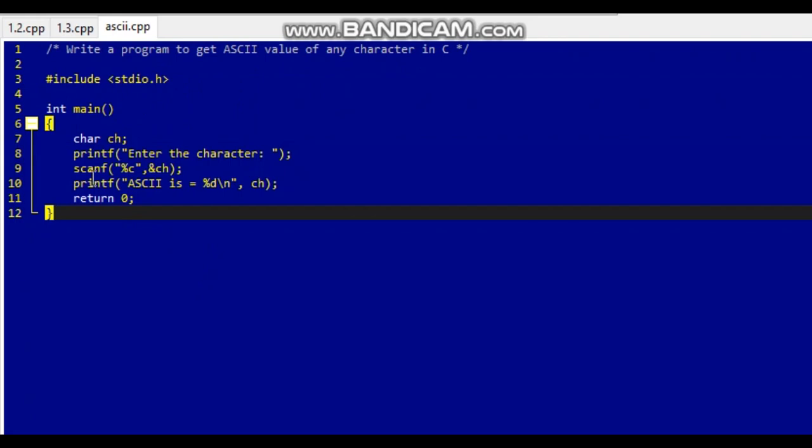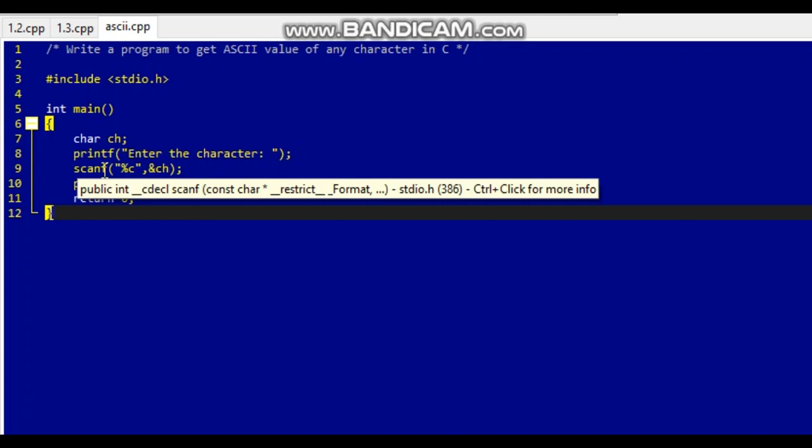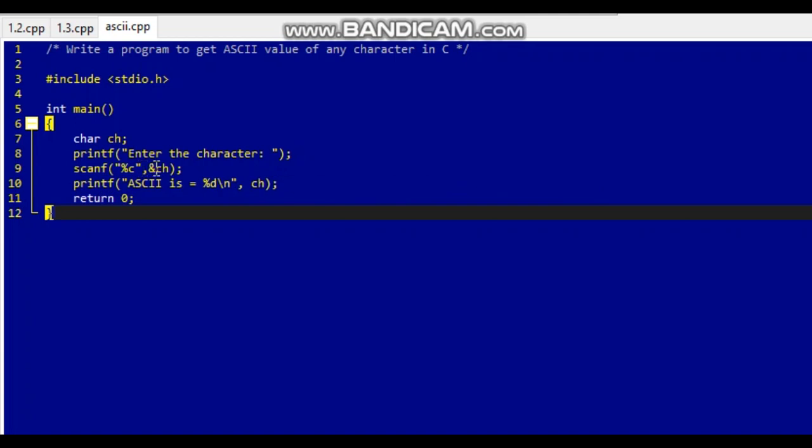Now the instructions I am going to write: printf enter the character, and the scanf function for taking input in the variable ch, as it is a character, so I am going to use %c, and for the ASCII value which I am going to print, the printf ASCII of the taken variable is %d, which will be converted into the ASCII value.